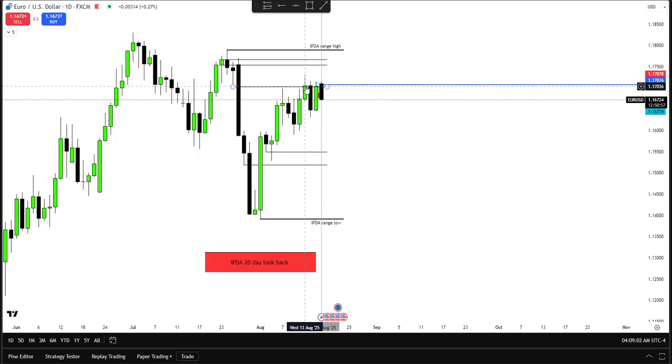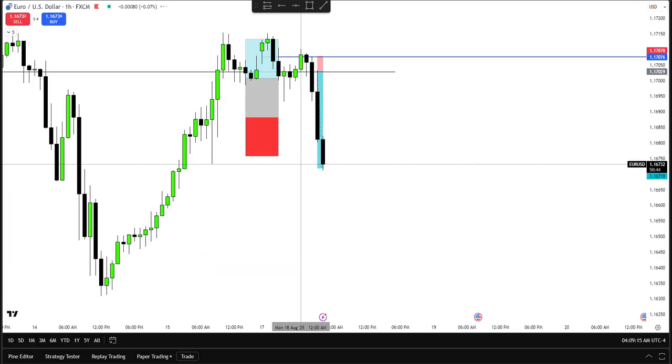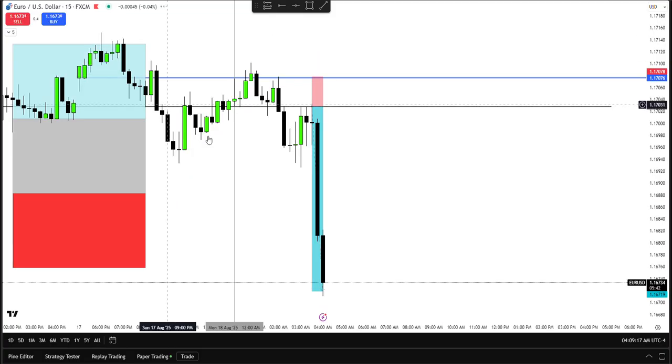And as you can see, it never goes higher. The bodies never go higher. We gap up on Monday, but that doesn't count as a body high, if that makes sense. So if we go down to the 15 minutes, this blue line delineates the